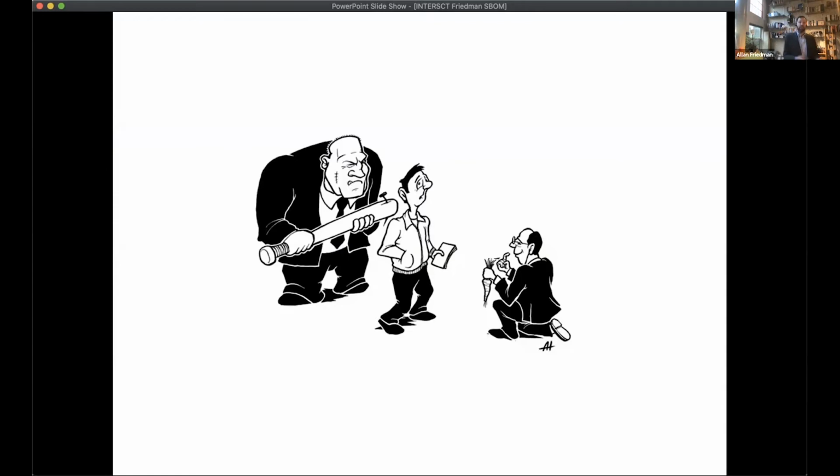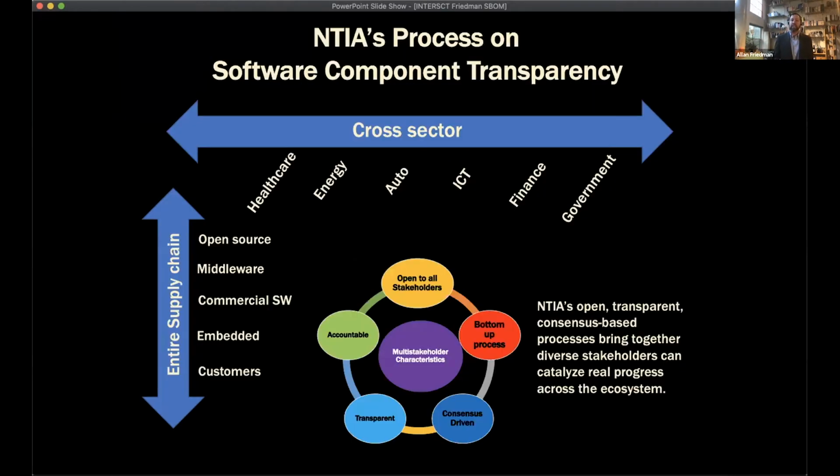And so the solution we have is actually something that I discovered several years ago is quite familiar from the Dutch approach of what is traditionally, I believe, referred to as the polder model. We call it the multi-stakeholder process. And some of you who've been involved in things like ICANN and internet governance are familiar with this idea. So this is your dreaded process slide for those of you who deal with government folks. And really what we've tried to do is build this open, transparent, consensus-based process for folks around the world. And we've cast a very large scope.